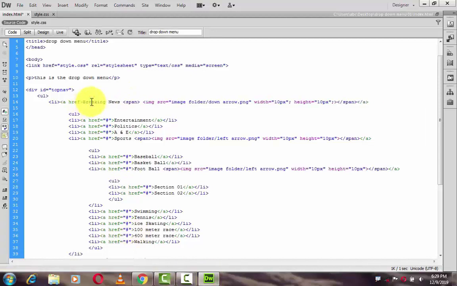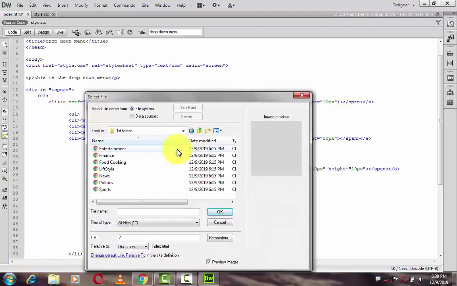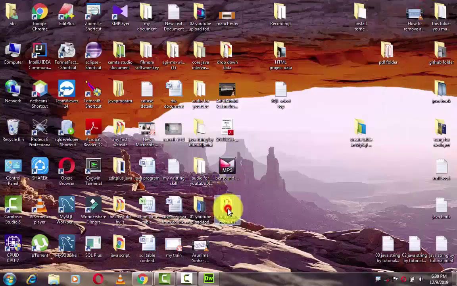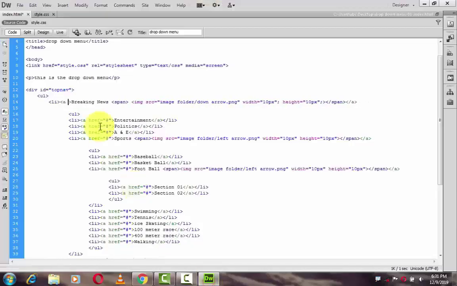And next I connect it here, so for the drop down menu I create a page one by one here. I go to the first folder, then I select the entertainment folder, and I click OK here. For that I come here and create the drop down menu. For entertainment I do not create a page here, so again I copy paste here and create breaking news, so I again create a breaking news page here. Again I go here and save, and create another one here,